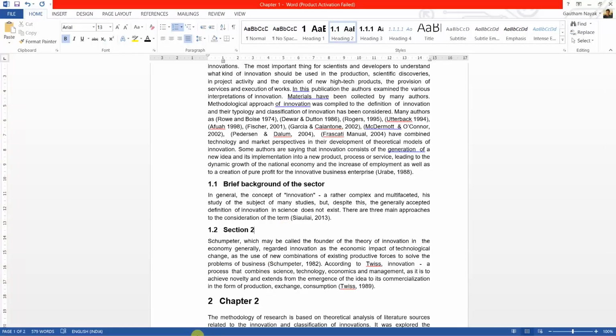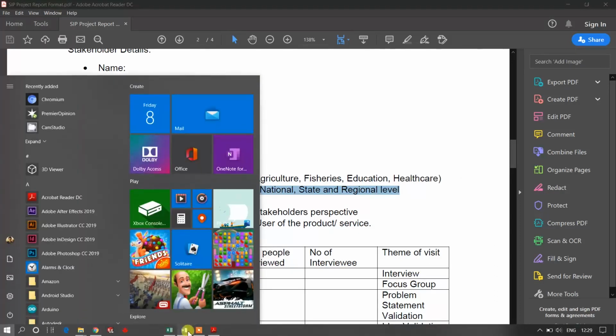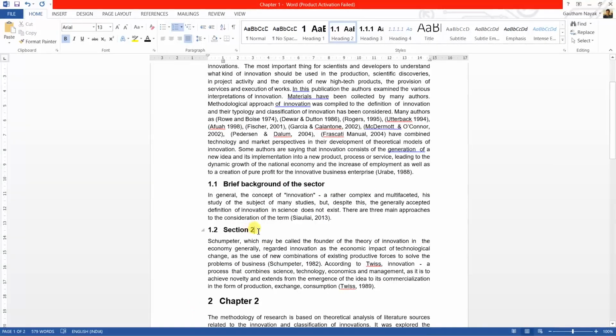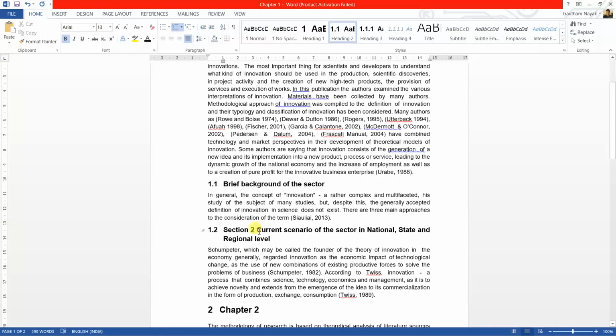Let's go back to the format: current scenario of the sector at national, state and regional level. I'll copy this. This will be our section 2. Change the formatting to heading 2. Remove this section 2.